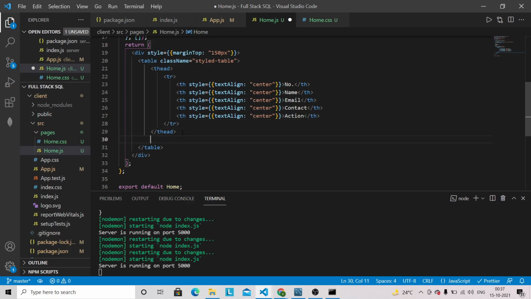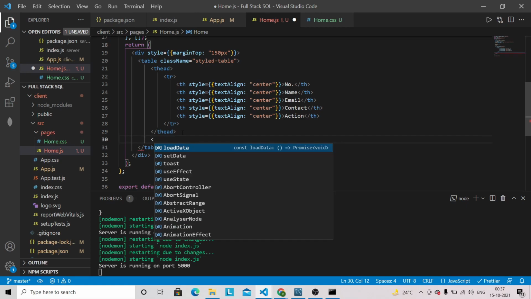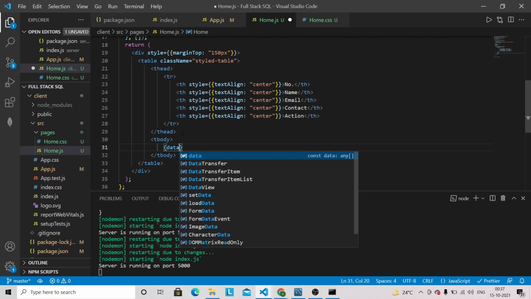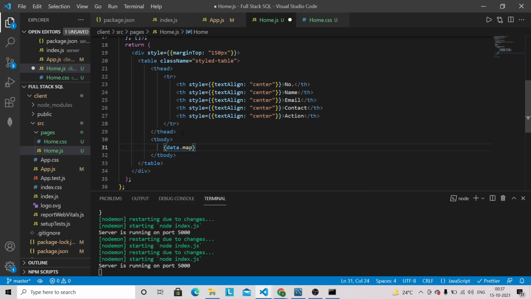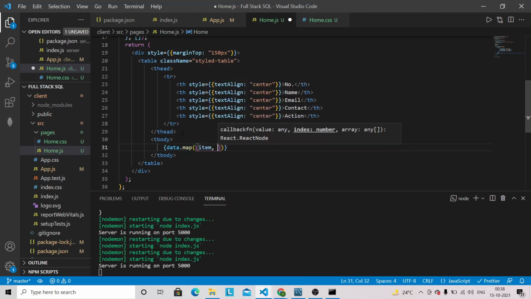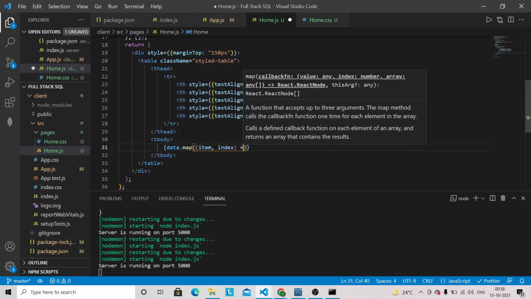So let's define the tbody, that is the table body, and inside that we have the data. Let's map it, item and index.